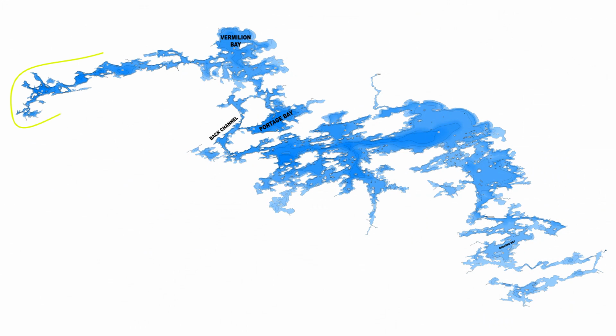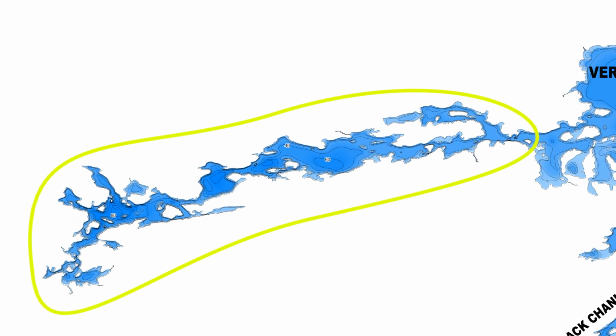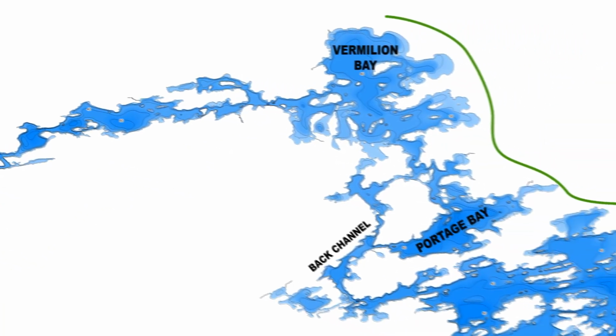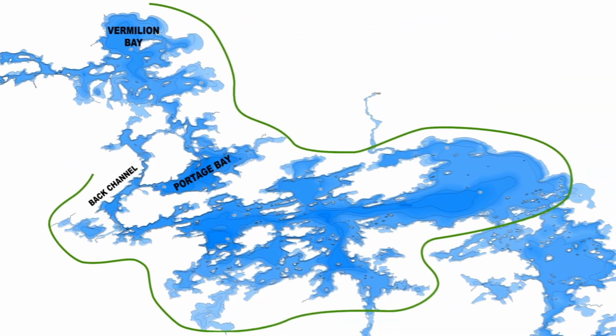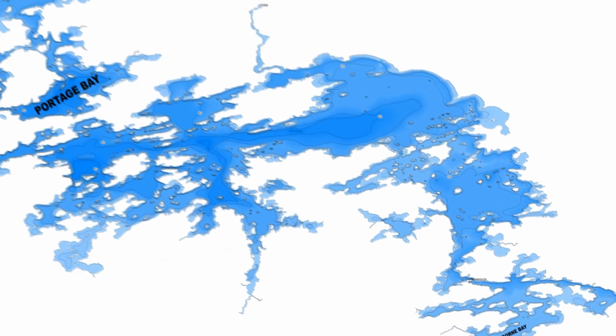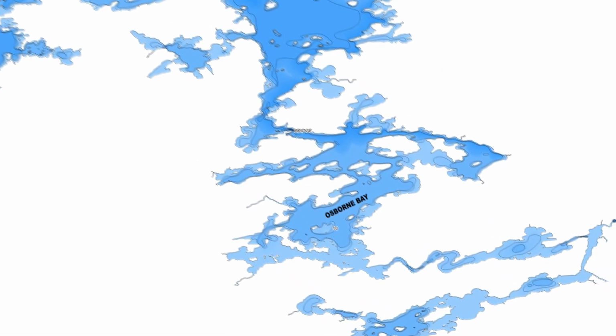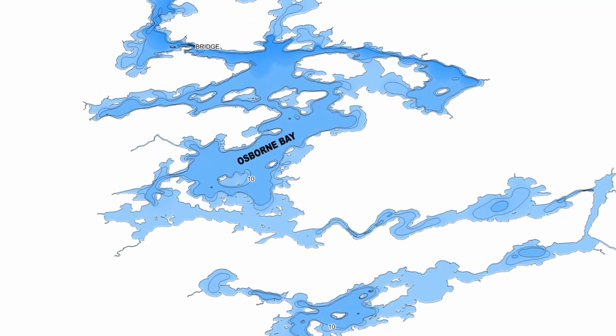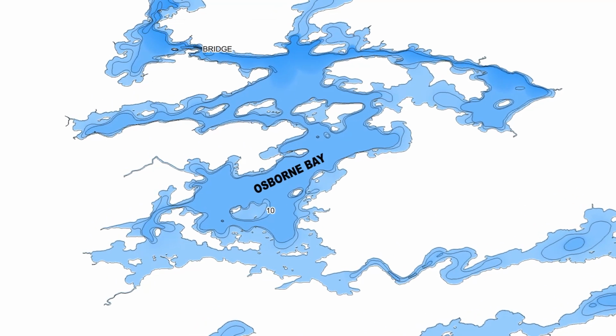Now the west arm of Eagle is clear, classic lake trout water. And as you move west and south through Vermilion Bay, the back channel, and into the big water, it becomes more fertile with that green hint and more moderate depth basins. Moving south, the water becomes darker and shallower into Osborne and Nivens Bays. This section of the lake is special because its warmer, shallow, fertile waters produce literally tons of fish that roam